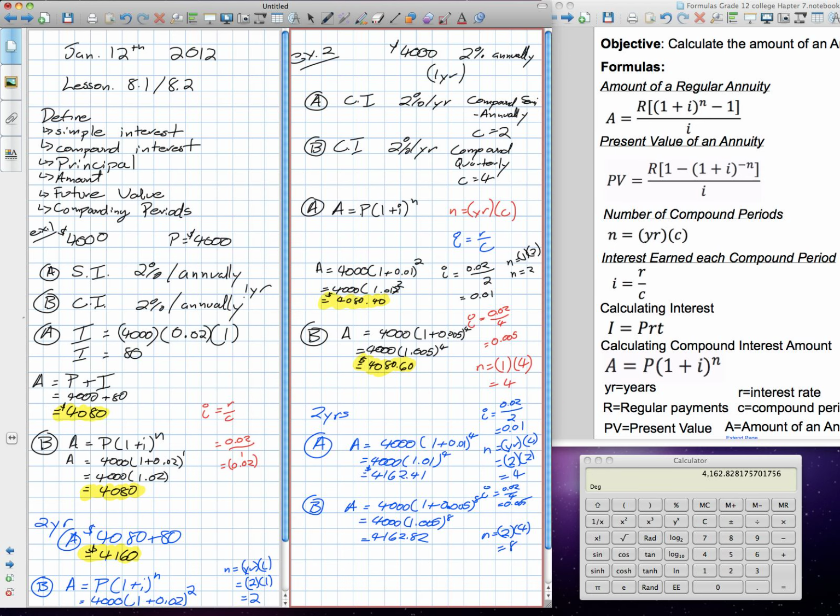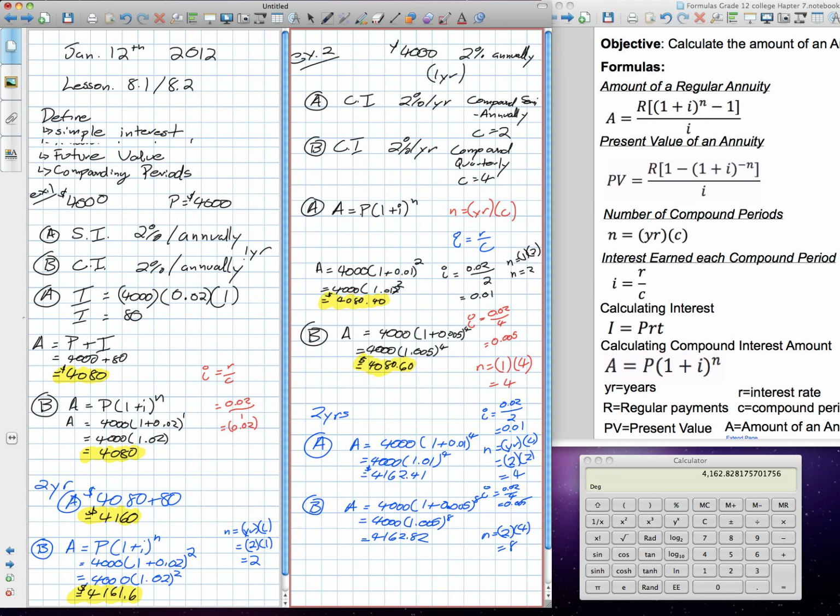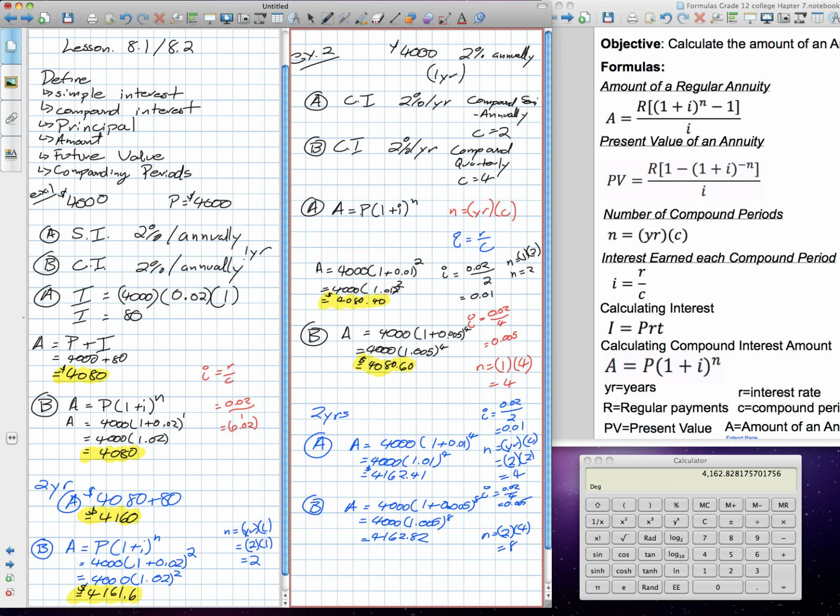So if we take a look at the differences between these, with a simple interest formula, we're only earning $80 every time. So we're up to $160 interest over 2 years. When it was compounded once a year, we had $161.60. When it's compounded twice a year, let's just do this. We earned $162.41 in interest. And when it's compounded 4 times a year,